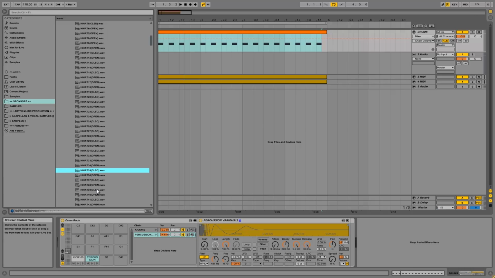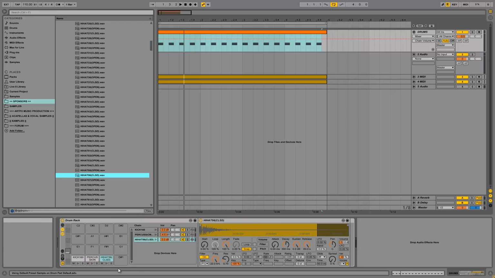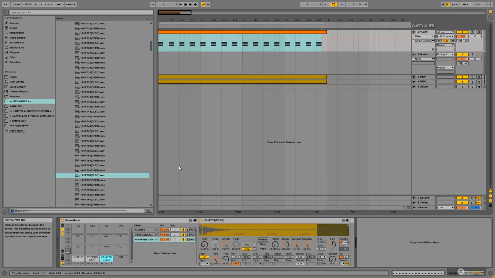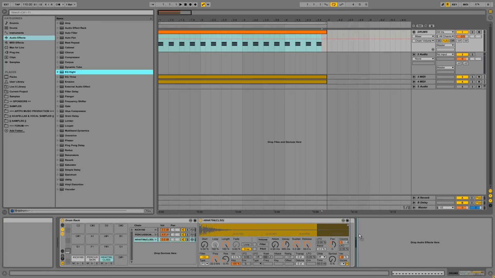Now you just need to find one that sounds good. I think that one sounds pretty okay. It's a pretty simple one, but I drop it in there. I'm gonna put an EQ on the hi-hat,